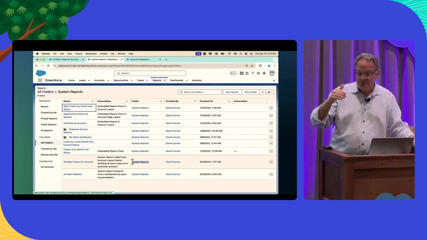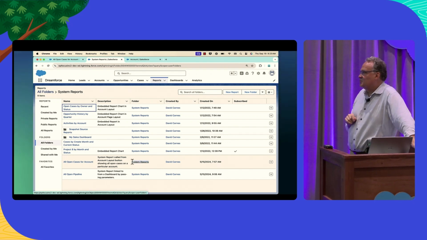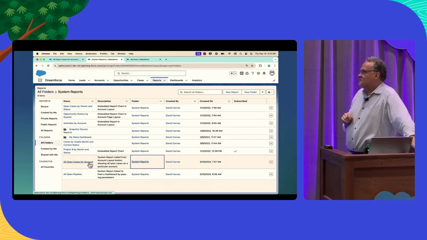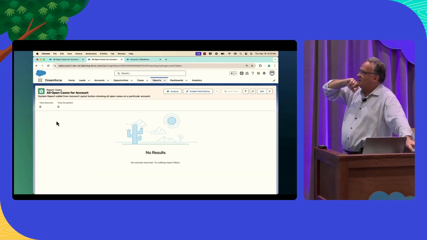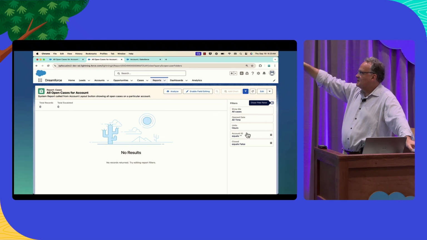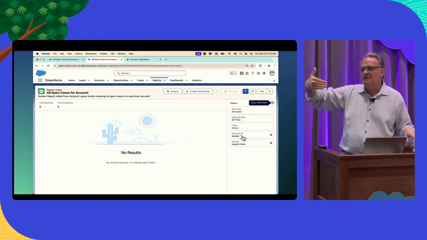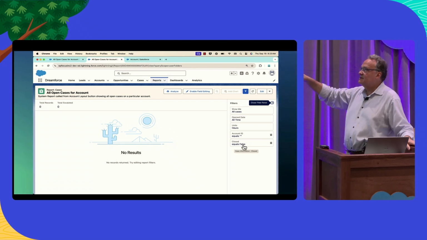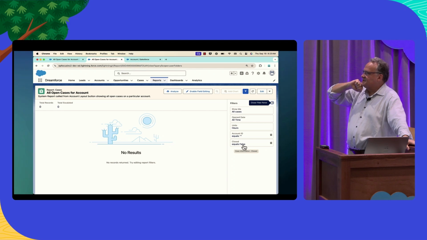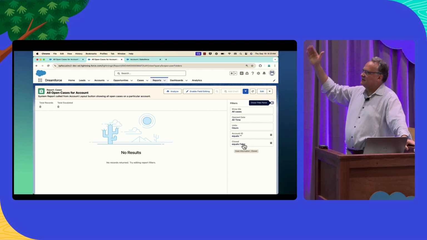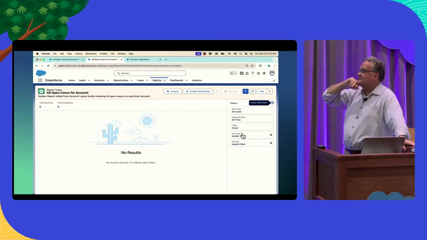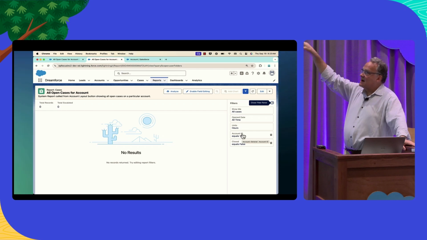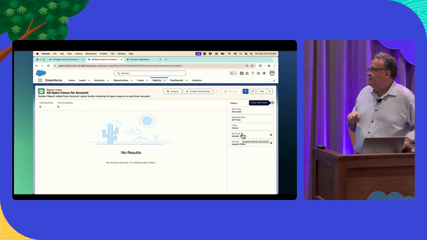Well, first I create the report, and I put it in a folder called System Reports. And then when I run that, I'll go up and copy the URL. Probably what we'll do is look at the filters real quick, and you can see that the account ID equals, and I just have it as blank because this report will only ever be used by a button calling it, and we're always going to pass the account ID to it. And then I have the second filter there, it says closed equals false. We're just going to ignore that. It'll just show us open cases. So then if I copy this URL and I go put it into a button,